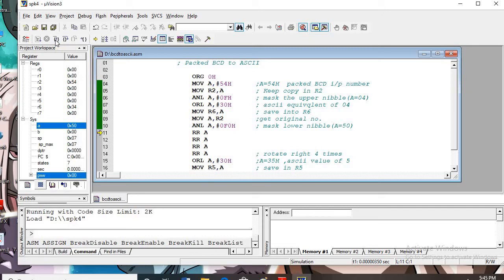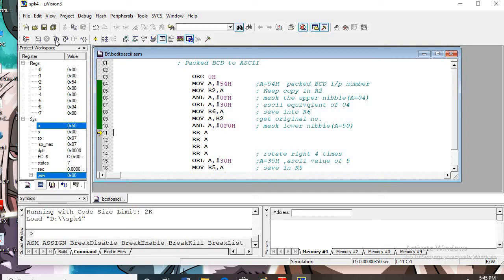See here, 50 we will get, but we don't want 50, we want 05. 54 is made up of 4 and 5. We want to separate it as 05 and 04. 04 was easy because we ended with 0F, but now we want 05, and because of ending with F0 we are getting 50. So we want to interchange these nibbles.